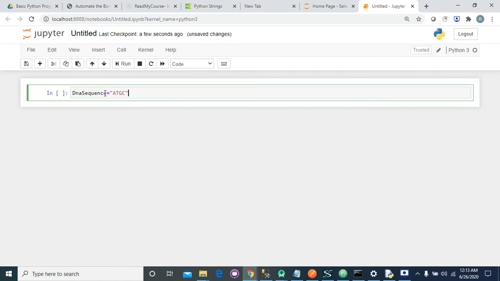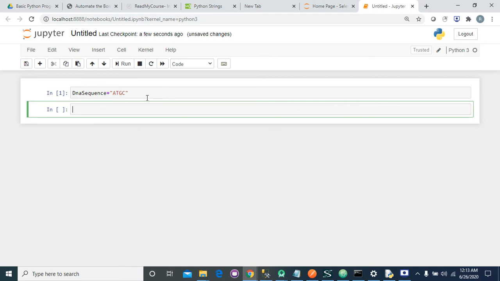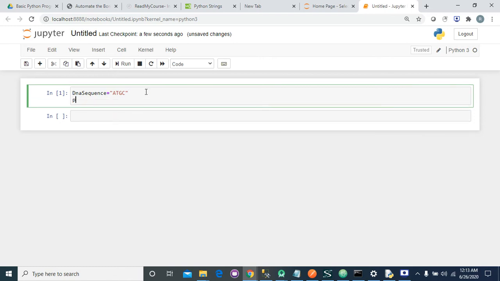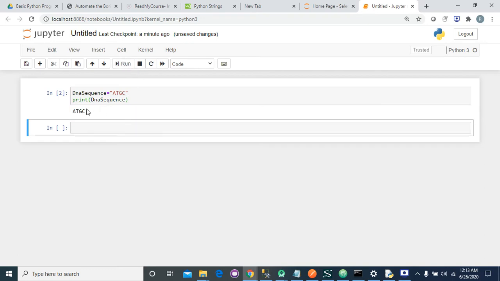DNA sequence is equal to ATGC. It will not print anything. To print, you need to write print, then it will print the value, ATGC.